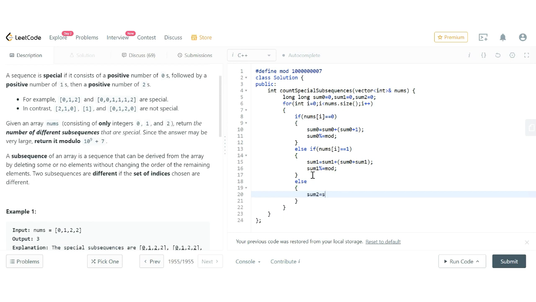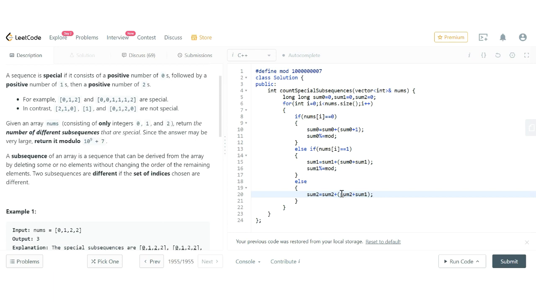So sum 2 is equal to all the previous subsequences ending with 2 or the current subsequences ending with 2. So if there is a previous subsequence ending with 2, then it will be sum 2, and if there is no previous subsequence, then we can have sum 2 plus 1, as there can be two values preceding 2, and they can be either 1 or 2.